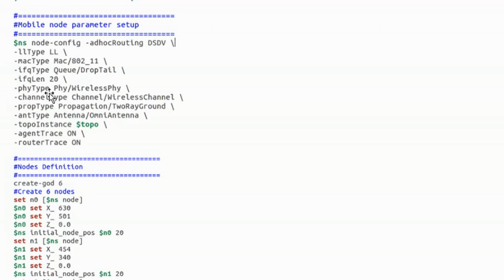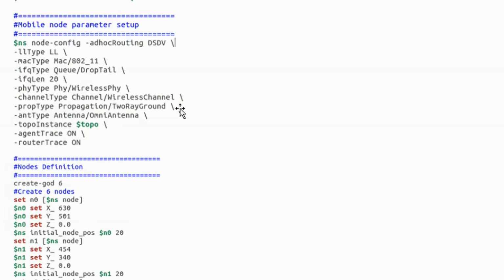Next comes phyType. What is this PHY? It is the network interface type. Okay, so the network interface type is the wireless physical interface. So next comes channel type. Of course I know it's a wireless channel, so I am defining that here. And then propType, propagation. What propagation are you using?